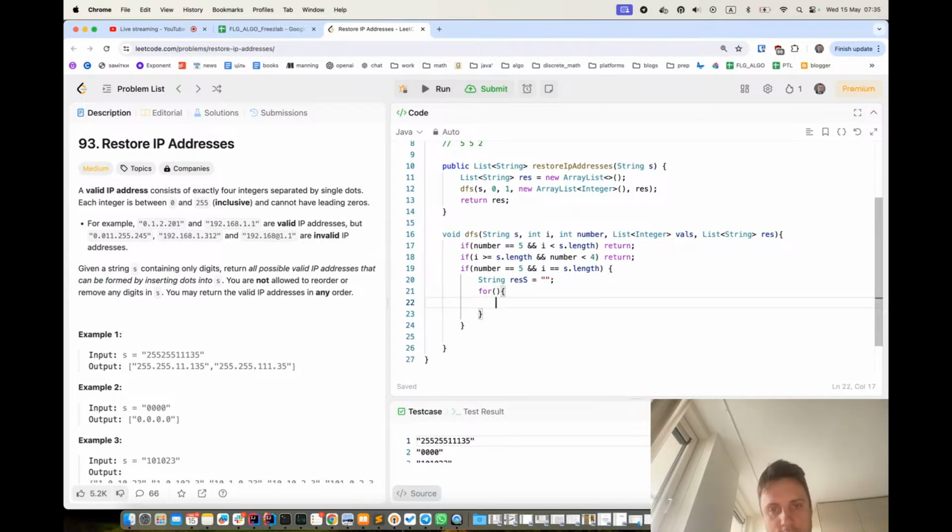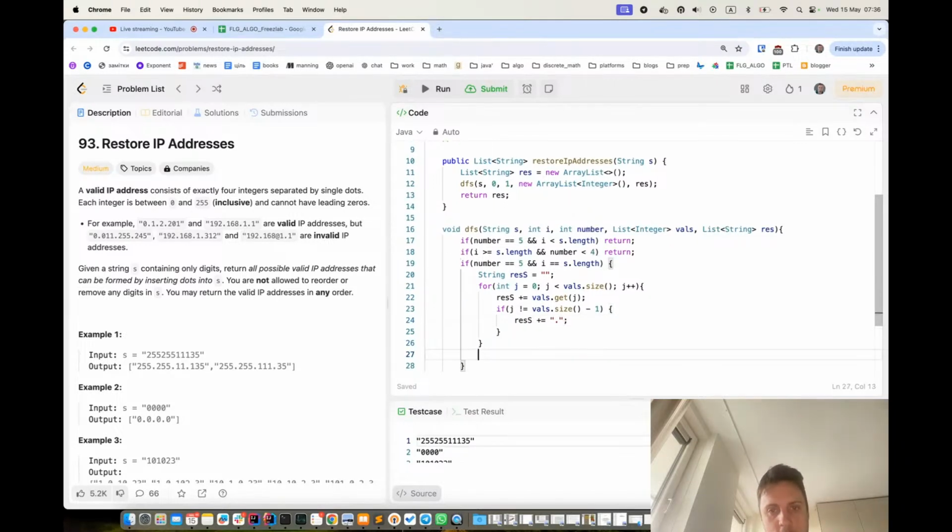I can do something like this: if j is not equal to vals size minus 1, result s will be plus equal to vals get j, result s plus dot, and add this result s to the result. Okay,